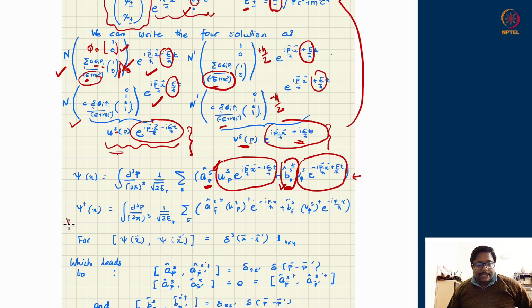I can obtain the psi dagger, which is the Hermitian conjugate of this, by just taking the conjugate of this operator. So all this A will become A dagger, and B, which I had already written in a dagger form, will become just B. I had written it in the spirit of the harmonic oscillator: one thing comes with A and one thing comes with A dagger. You could have started with A and B as well, but I am just making the connection with the harmonic oscillator more clear.